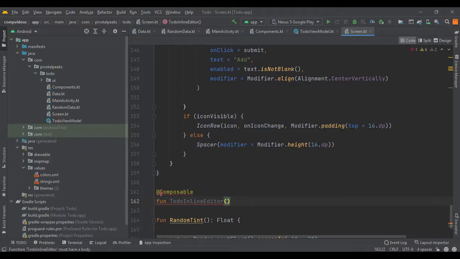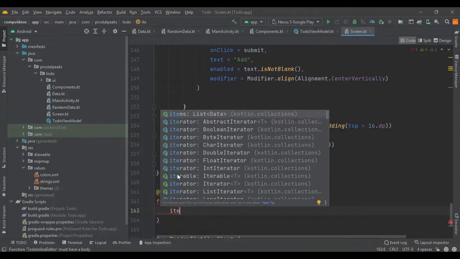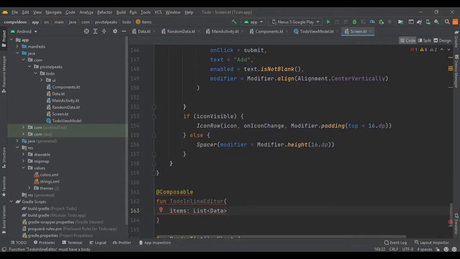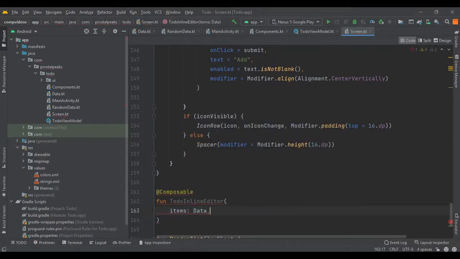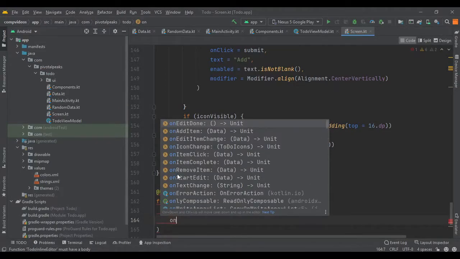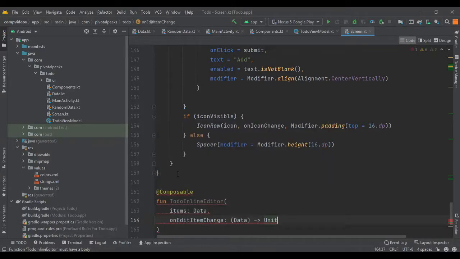and it needs some parameters. So let's pass the parameters. First parameter is going to be of type item, not list, we just need to provide the data class, and the second parameter is going to be on edit item change. So yeah, we already got that.